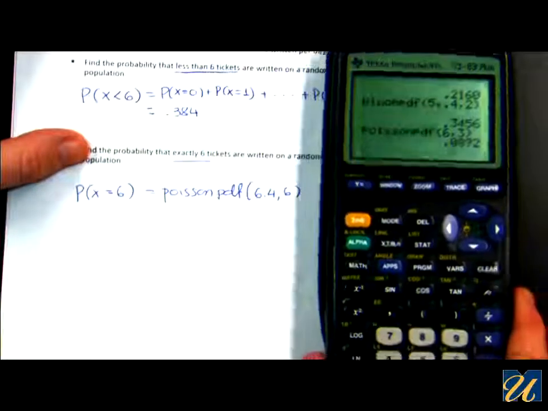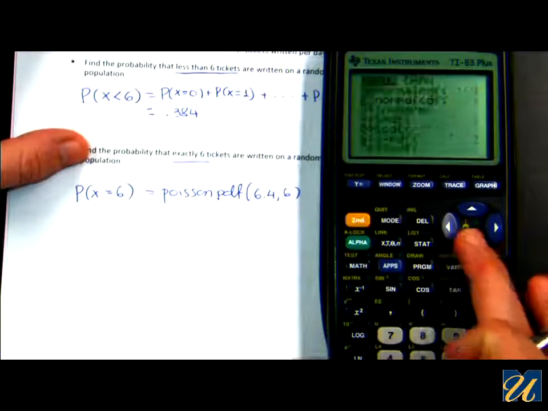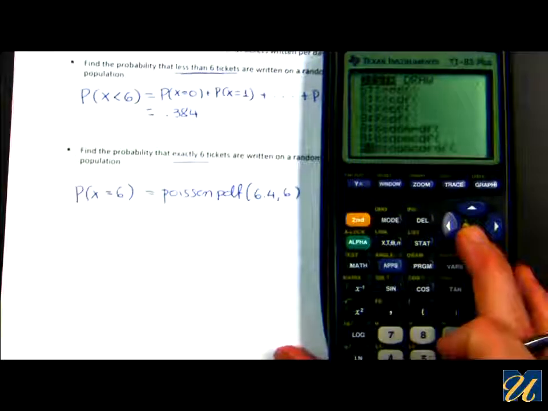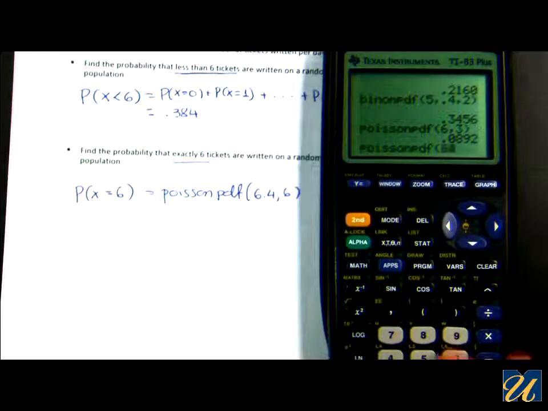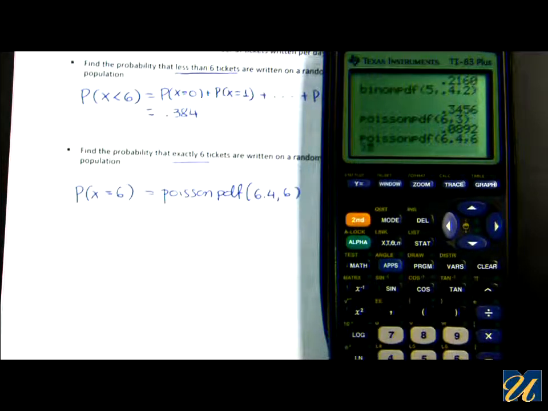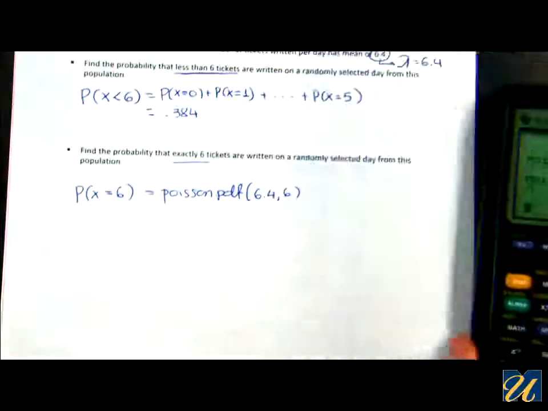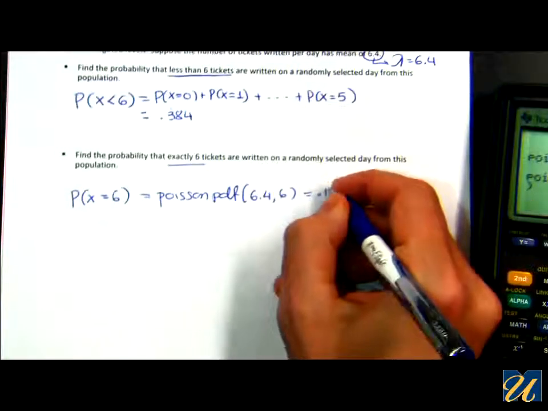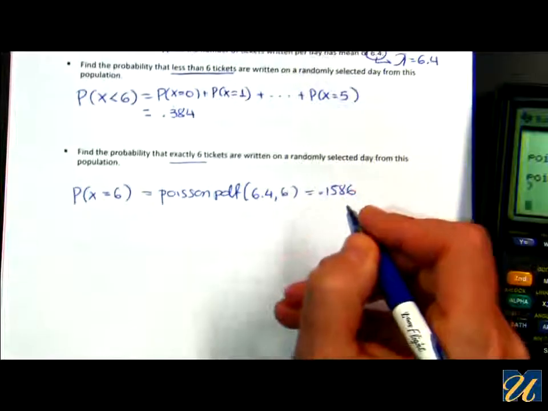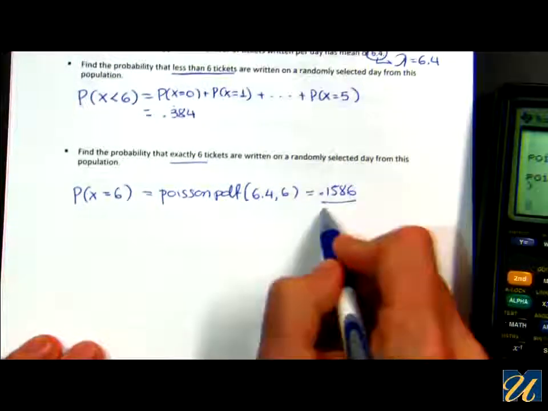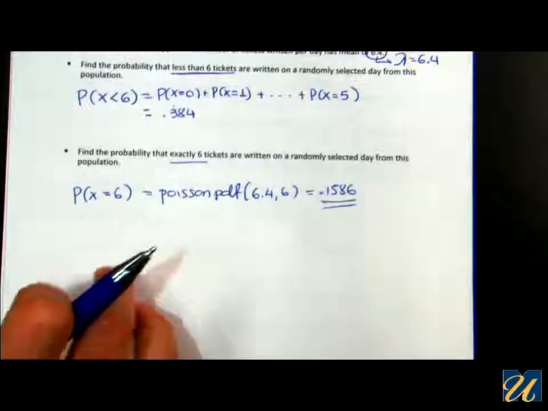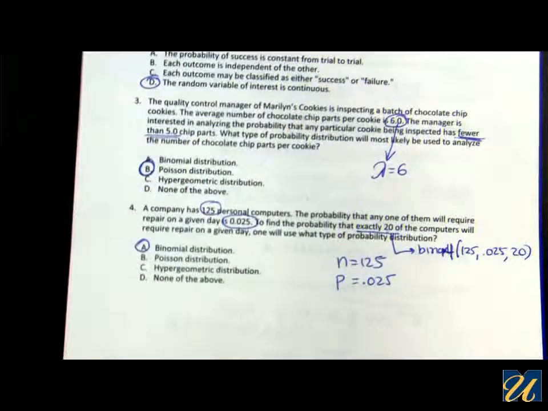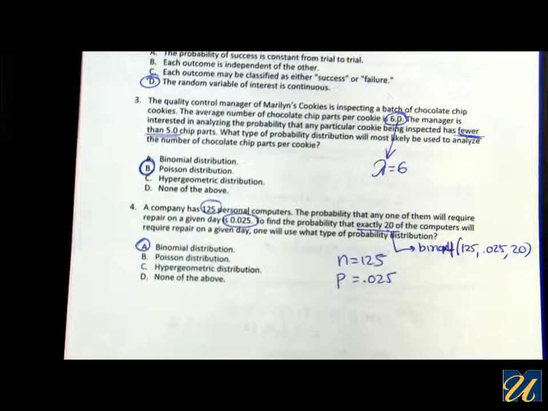So if we were to use our graphing calculator, 2nd VARS, we scroll down to Poisson PDF(6.4, 6), close parentheses, enter, 0.1586, for your answer. And this concludes the exercises for chapter